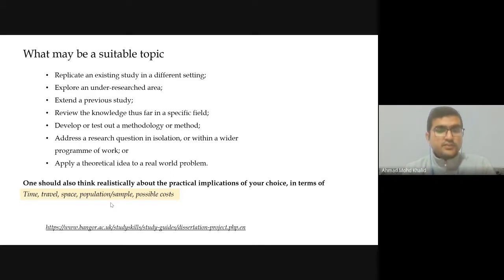Sometimes you choose a sample, for example, a geographical location. For example, you chose a hilly region. In my study, I will do some work on, say, Himachal Pradesh or Uttarakhand. But sometimes there are landslides happening, and sometimes the roads are blocked, so you're not able to travel there, and that also will affect you, and you will not be able to complete your work. So you have to think clearly in terms of time, possibilities, and cost aspect.